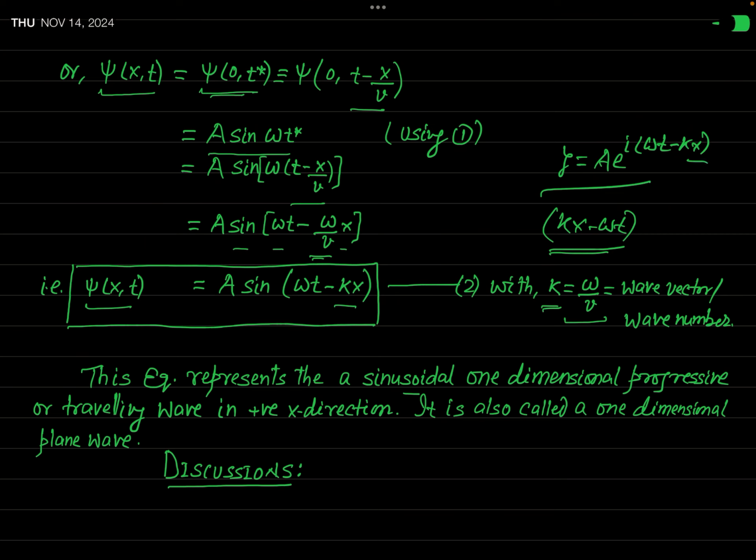Okay. So this is the basic equation for a plane progressive wave, and I have told you that instead of y, you should write psi. You may write psi equal to A cosine of (omega t minus kx), because the equation of SHM may be written in terms of this exponential function and this cosine function. Now, after getting this basic equation of a sinusoidal one-dimensional progressive wave,